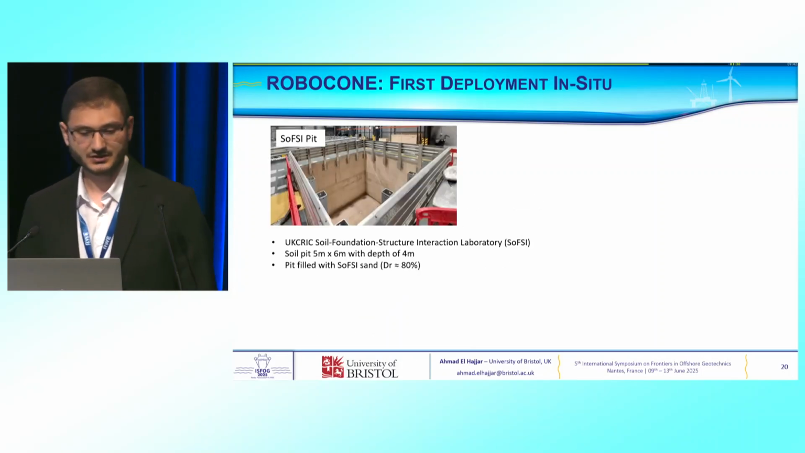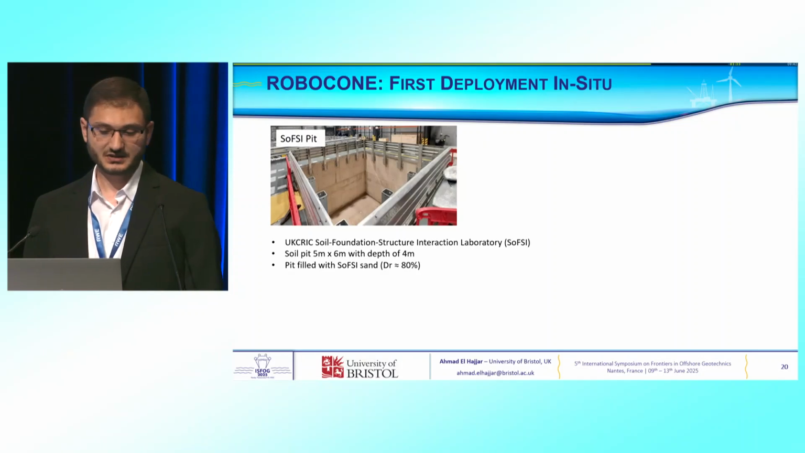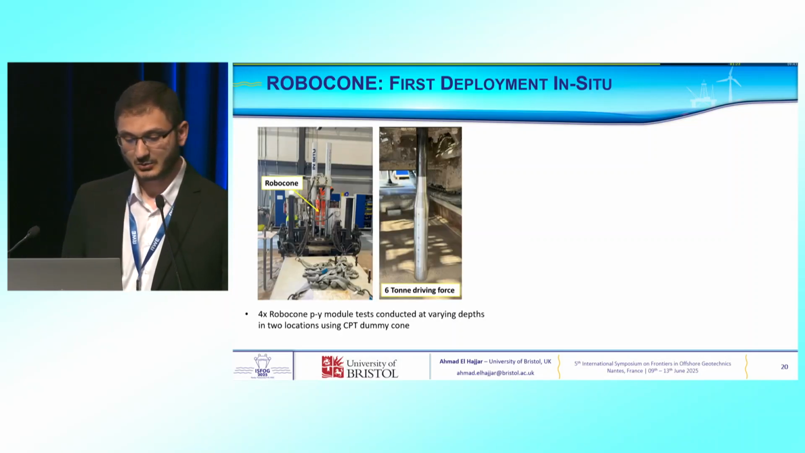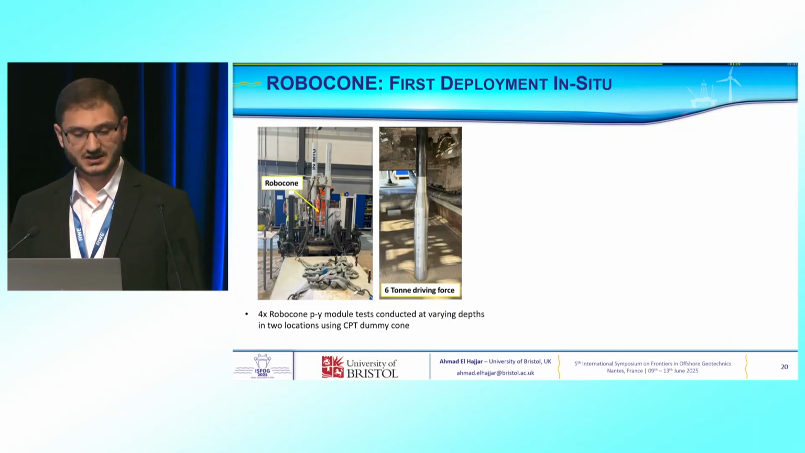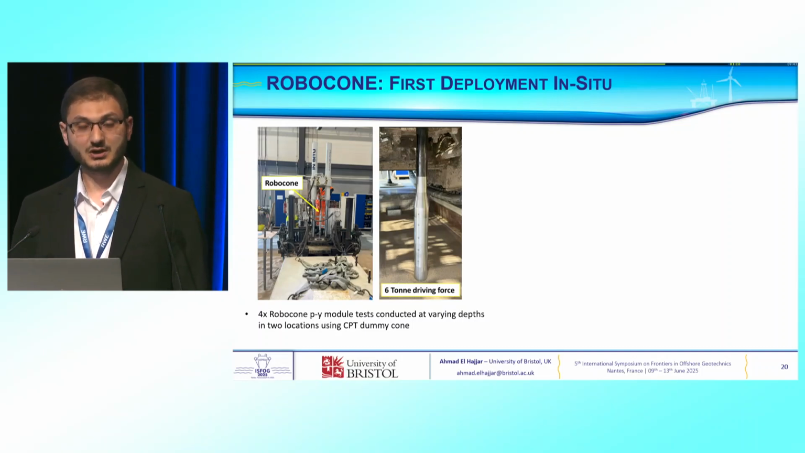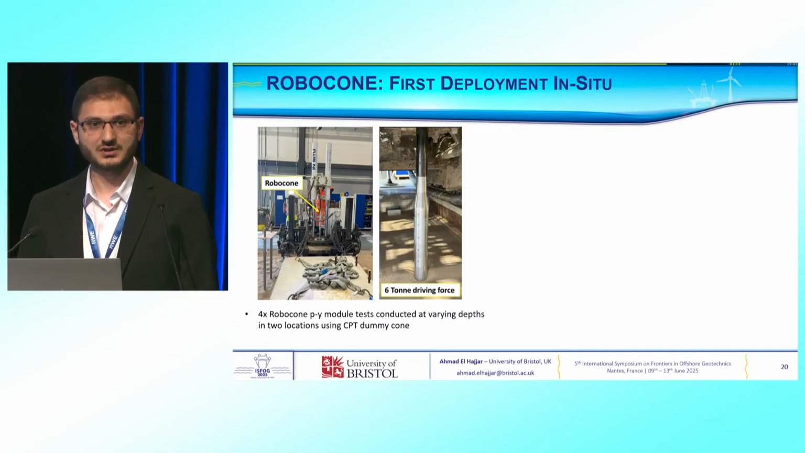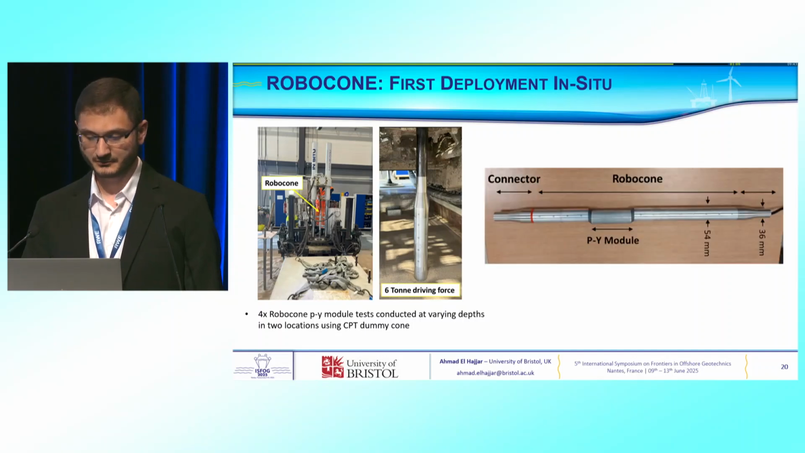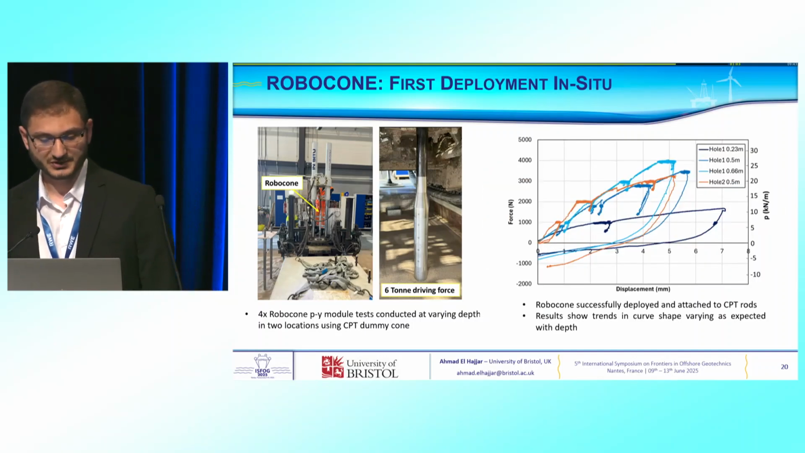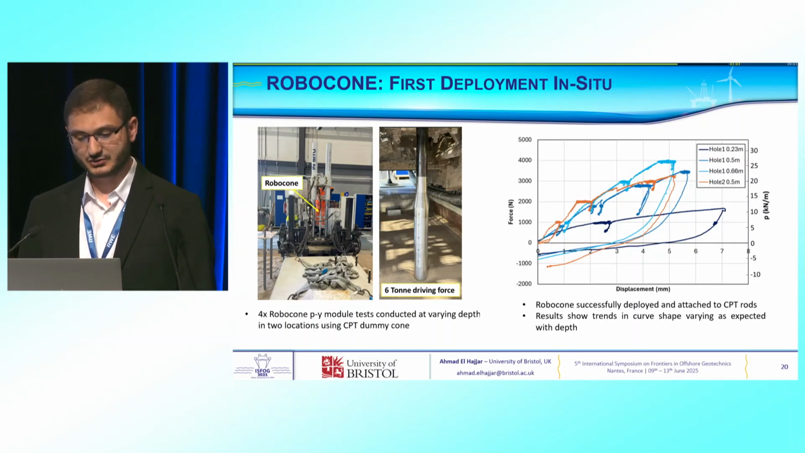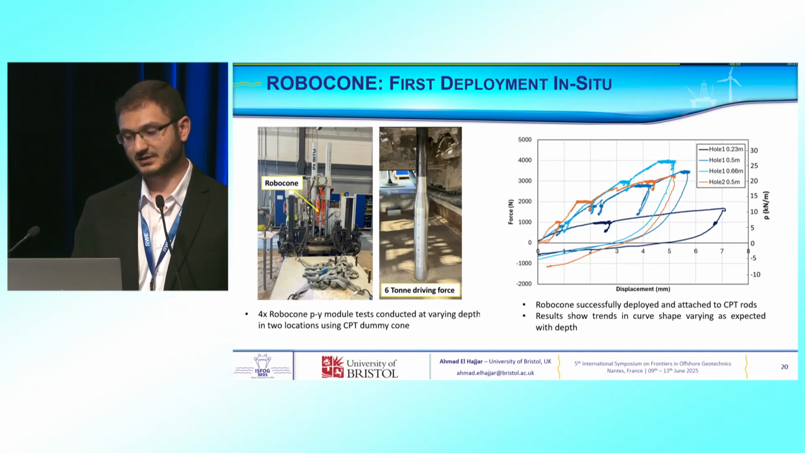In the in situ deployment, we did the first deployment test in the soft pit, which is a big chamber of 5 by 6 meters and a depth of 4 meters. We use soft sands, and fortunately, by using the hydraulic machine, our aluminum version of the Robocon was able to support 6-ton driving force, and now we move it to the steel version, which should support much higher. And as you can see, we obtained typical PY curves showing trends in curve and varying as expected with